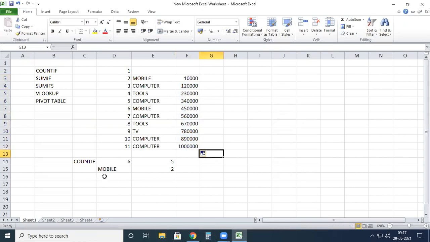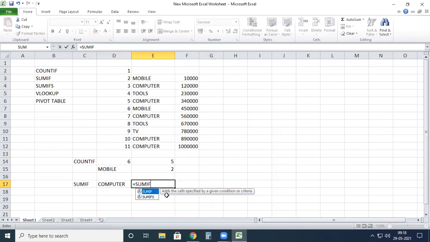Okay, so now I want to know by using SUMIF. Here I'm using the SUMIF only. I want to give some value. For example, here I'm giving computer. So now I want to know how much amount is there. How are we using this equal to SUMIF? If you don't know about this, just try to type the formula, then we can easily understand the formula syntax. Even though we do not remember anything, we can easily remember this.